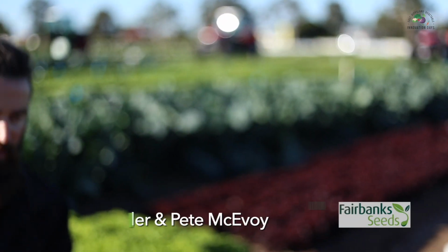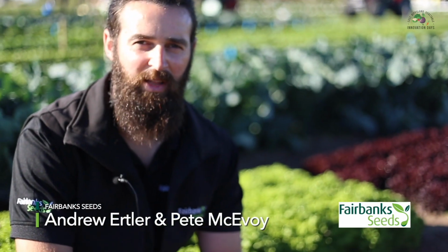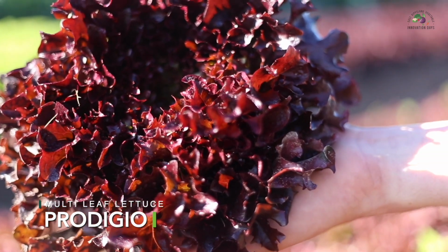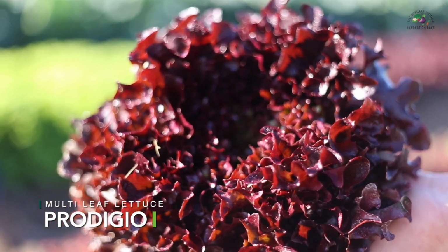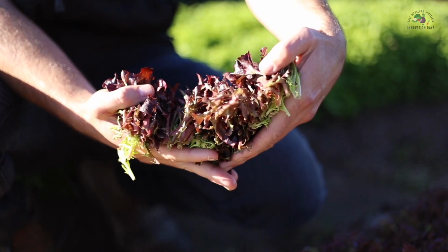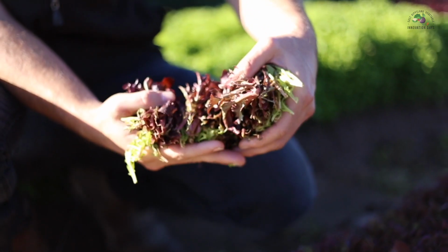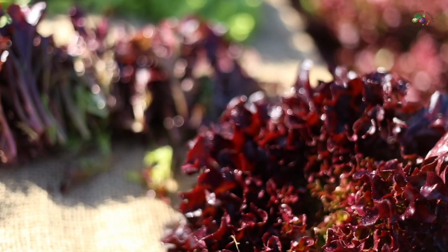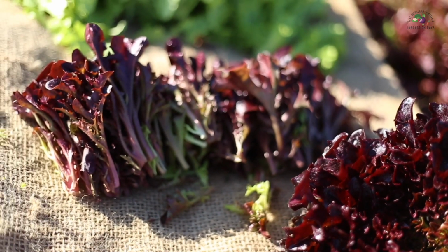This variety here is Prodigio. It's our red multi-leaf lettuce. Now this variety really fits in with the market with what it needs in terms of its colour and its leaf shape. It's a really beautiful coral, but the main part of this variety that we think is really going to bring it success is its yield. I'm just holding in my hand quite an immature head, but you can still see the amount of usable leaf in there. So that's all cut with the top 10 centimetres, which is the market standard, and there's an unbelievable